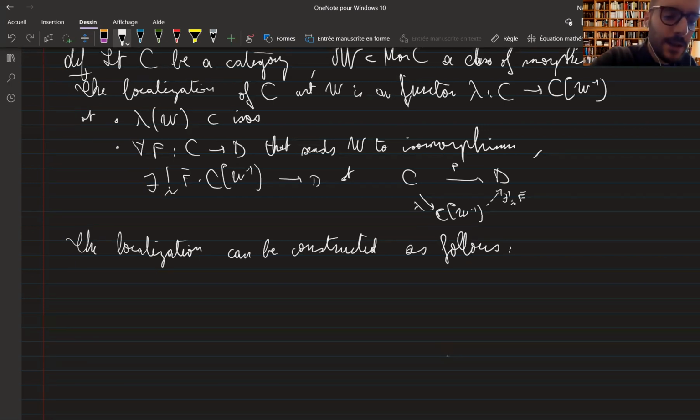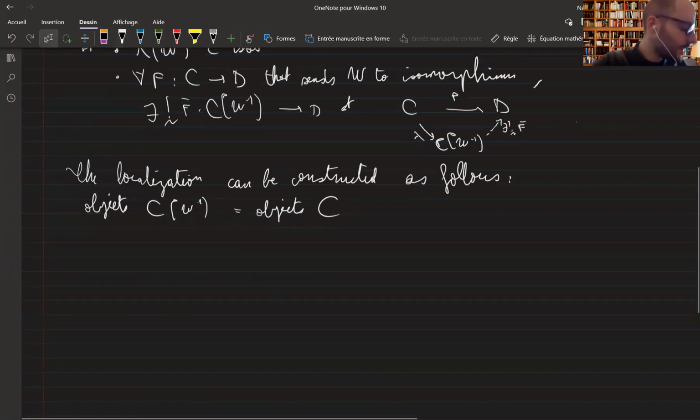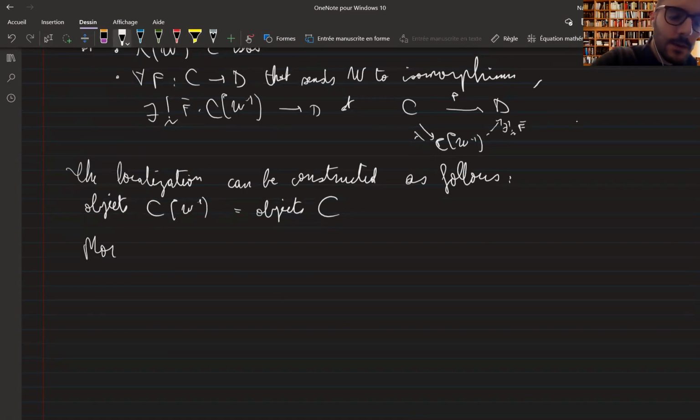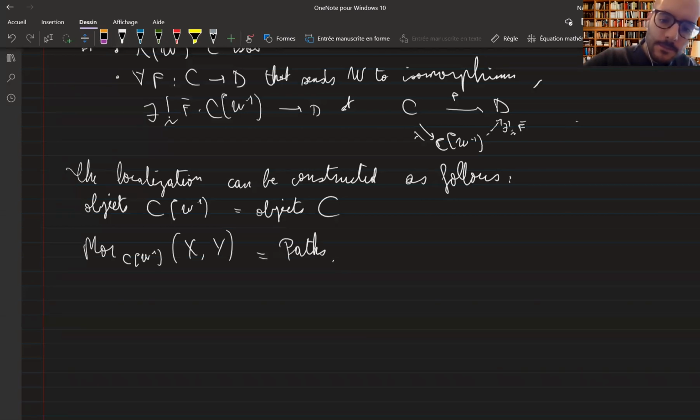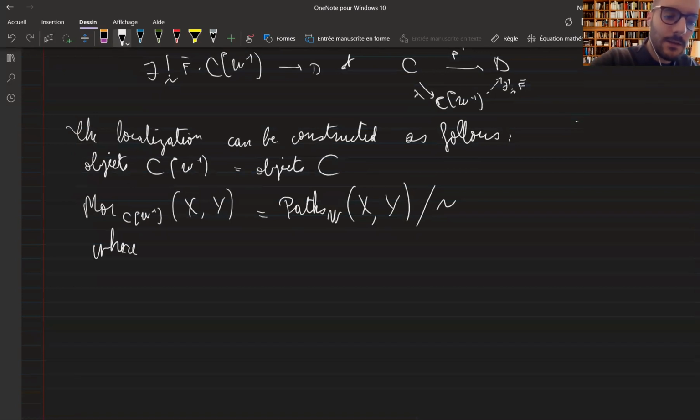The objects of C[W^-1] are the objects of C. You keep the same objects, but for the morphisms, you do something different. The morphisms in C[W^-1] between X and Y are paths with respect to W between X and Y, modulo some equivalence relation,